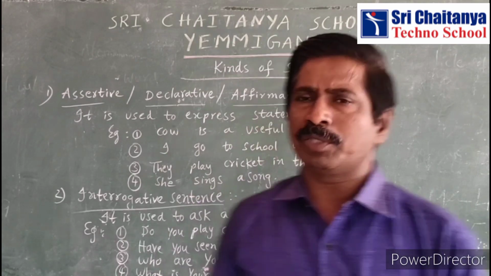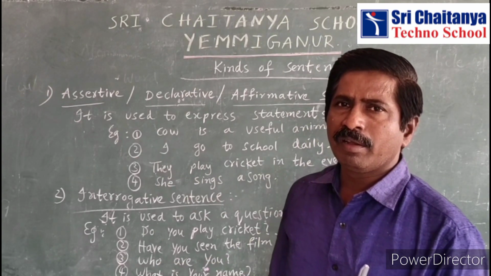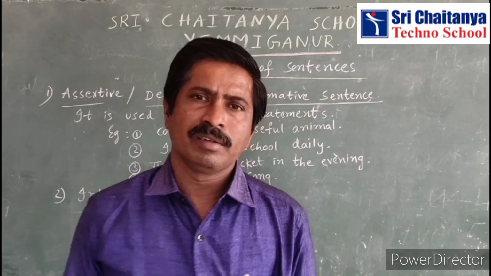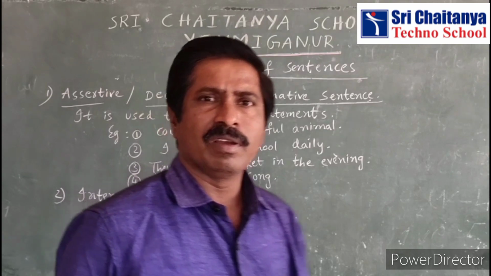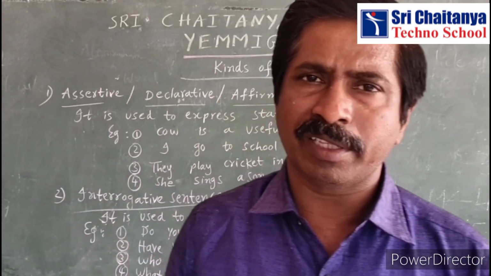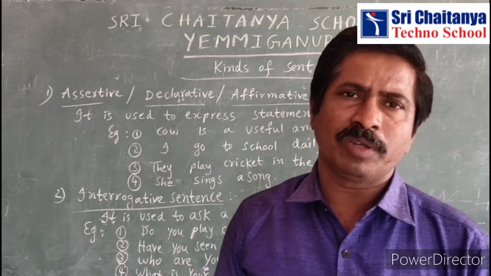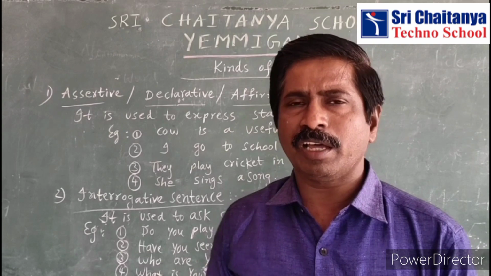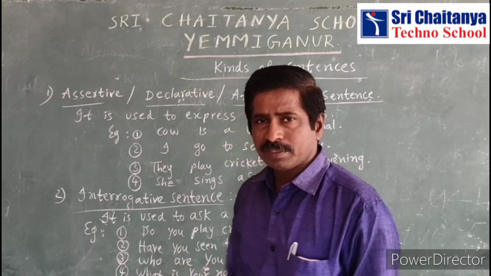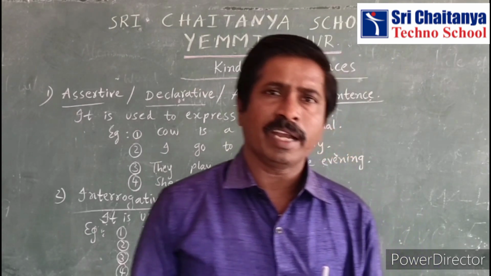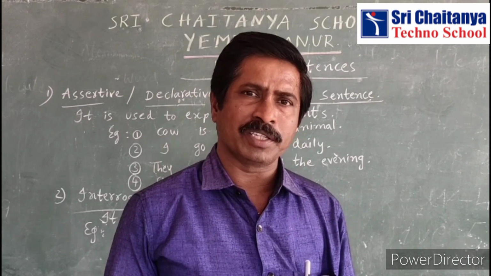More examples of WH word questions are: What is your name? Where are you going? How are you playing cricket? Which book do you like most? Whose book is this? When did you join Sri Chaitanya school? How old are you? What is your favorite dish? These are more examples of WH word questions. Practice more at home and identify the kind of sentence that you use in expressions.